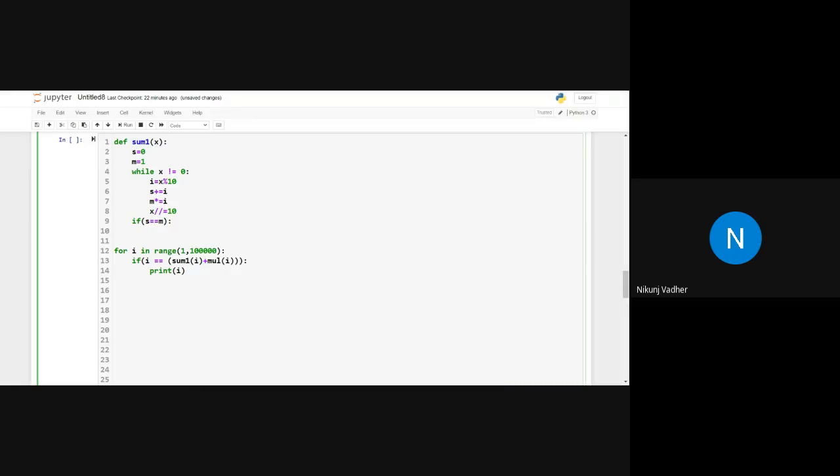Let me do one thing. Let's try to optimize it over here only. Sum, return 1. Sorry, here it will be return sum plus multiplication. That's it.